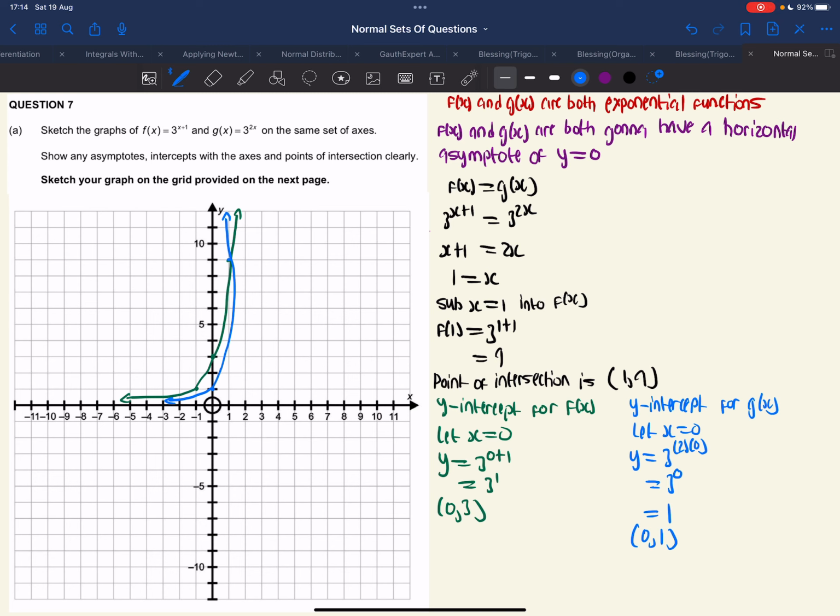Now they said that we have to show every point. Remember here it's (1, 9), and then the coordinate there is (0, 3), and the other one there is (0, 1). Right, and if you do that, you should get your full marks in the paper. Okay,